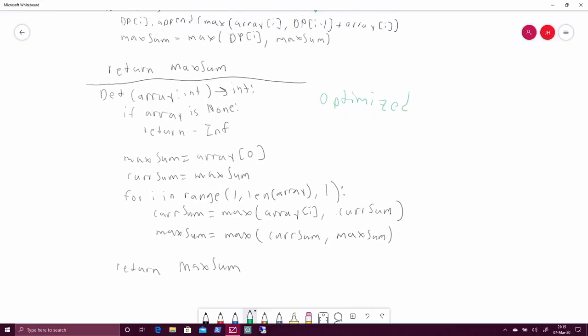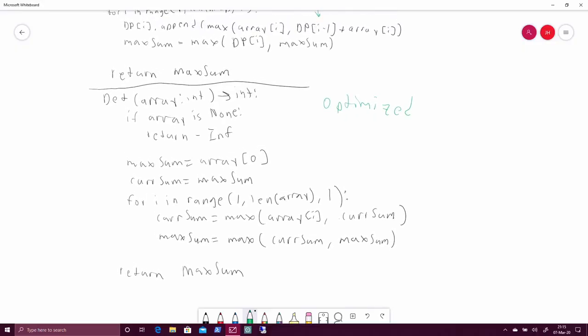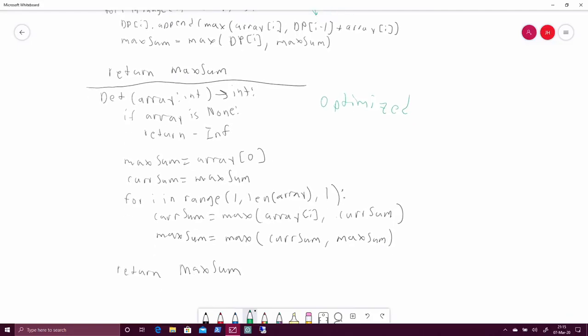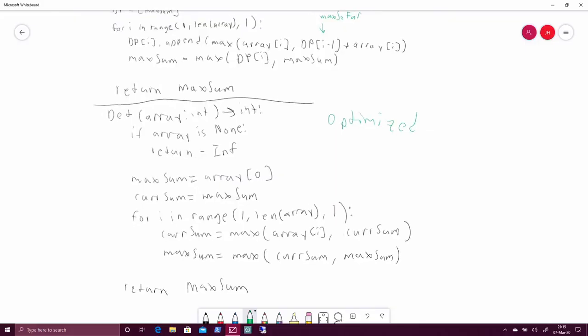So this time, instead of using dynamic programming, we're just going to use a single integer value. Same logic as the DP: whatever is greater, either array[i] or current sum